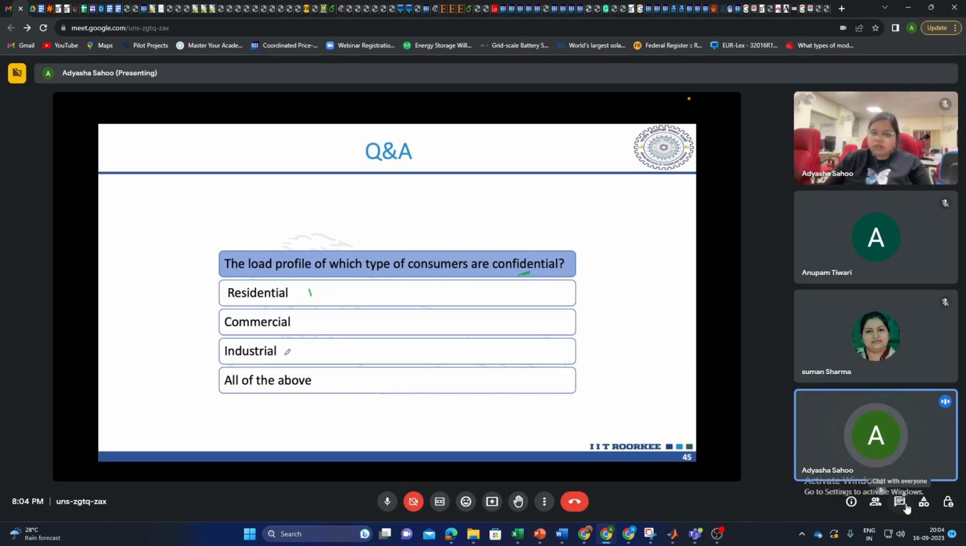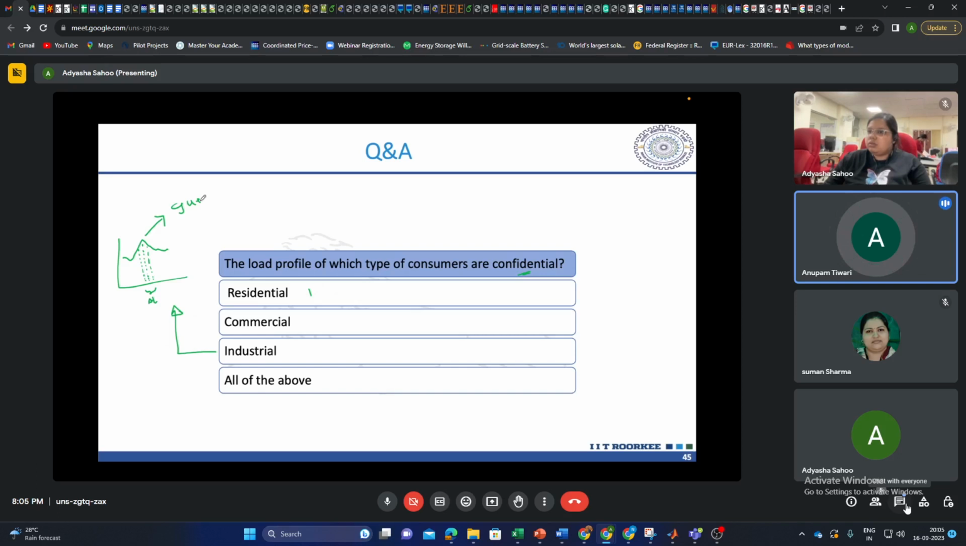But coming to industrial, if their load profile is disclosed, then it can be hampered because let's say your rival companies are able to know that your peak power consumption is during a certain time of the day. So let's say this delta t. So it may then guess more amount of power means,